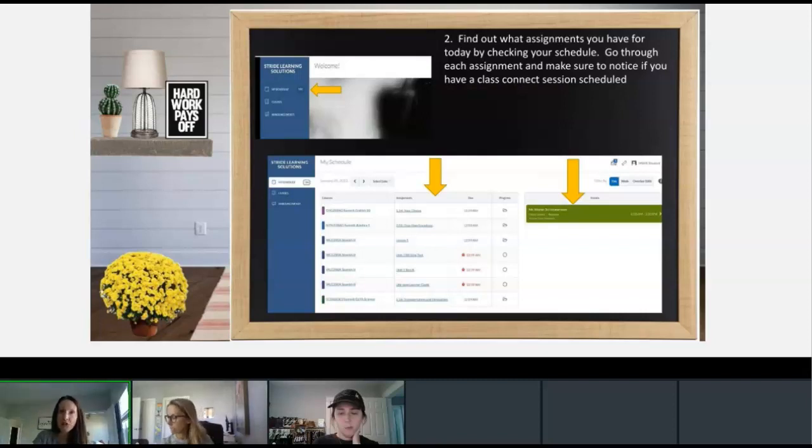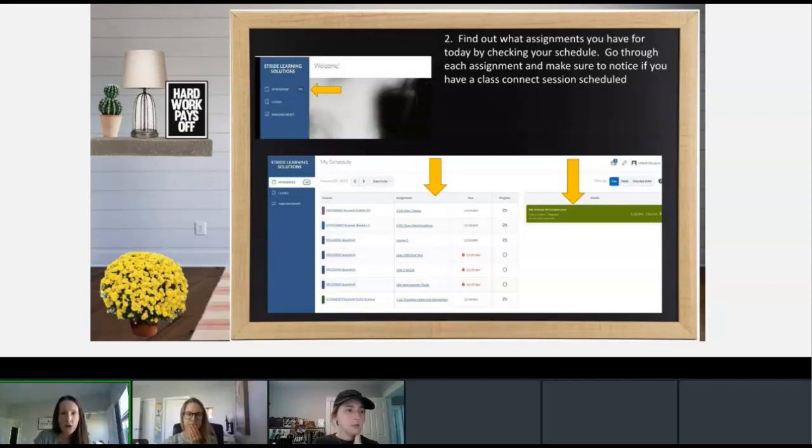All right, after you check your email, what we want you to do next is figure out what you have to do for that day. So when you log in over here at my top picture here, I know it's really small, but it says My Schedule. You're going to click on your schedule and it's going to open up to this bigger screen here, okay? You guys have all already seen this because you guys have already been working.